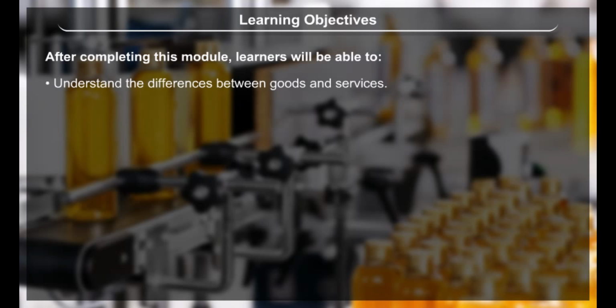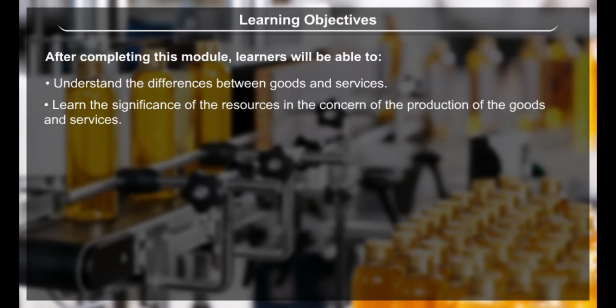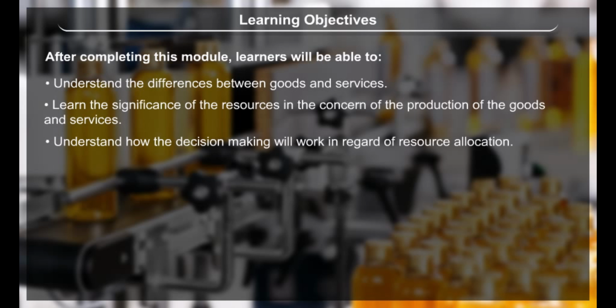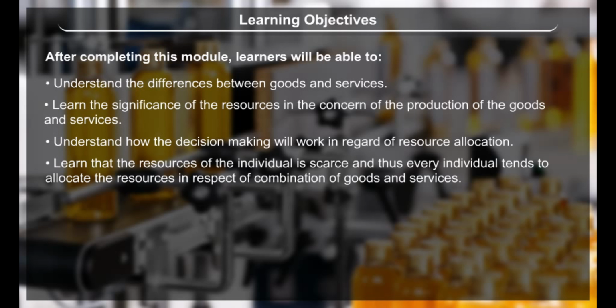Learning objectives. After completing this module, learners will be able to understand the differences between goods and services, learn the significance of the resources in the concern of the production of the goods and services, understand how the decision-making will work in regard of resource allocation,